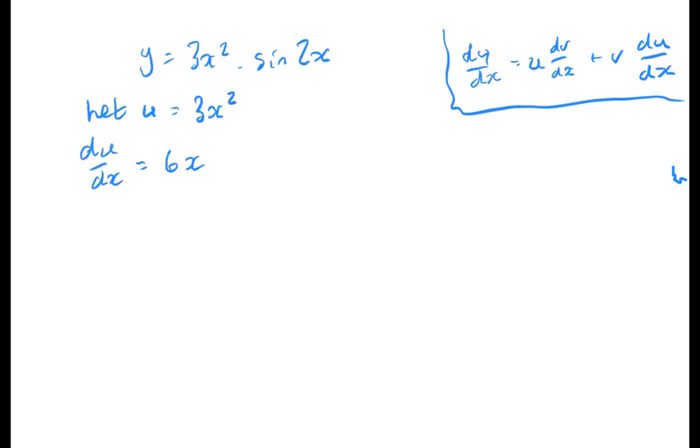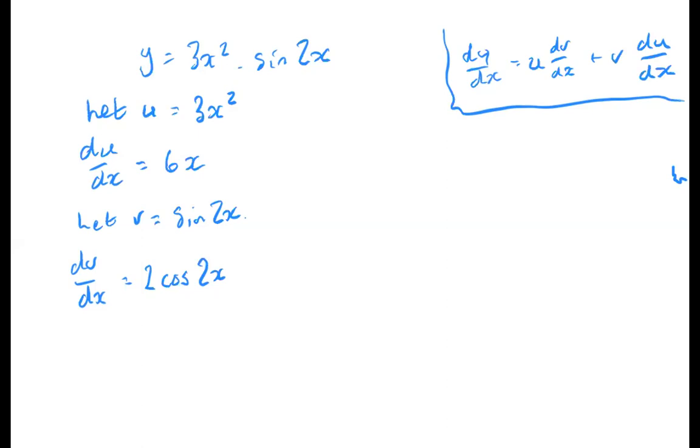All right. And then we let v equal sine 2x. And then we differentiate. So dv by dx is equal to 2 comes out, cosine 2x. What we've got now, just going to change my colour, is here we've got everything that's in the